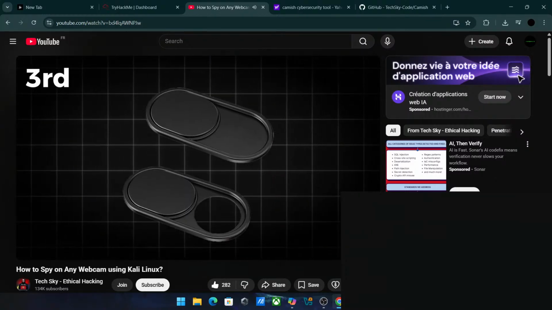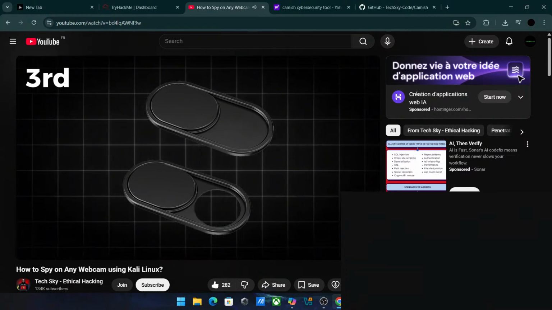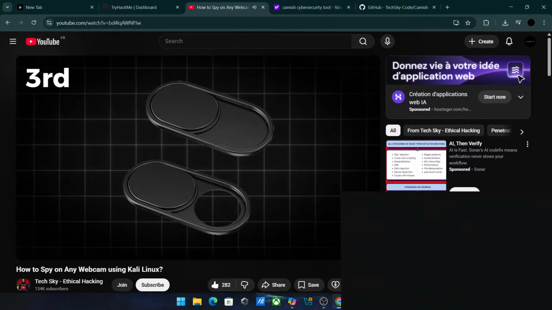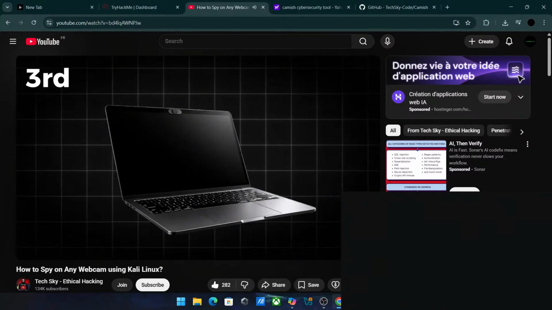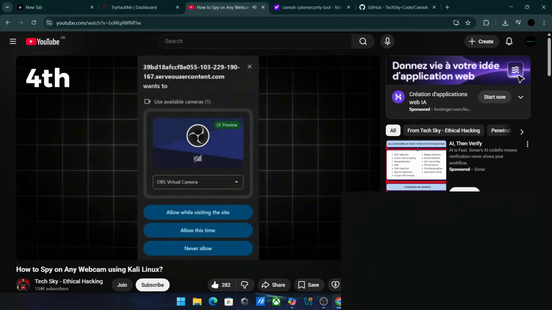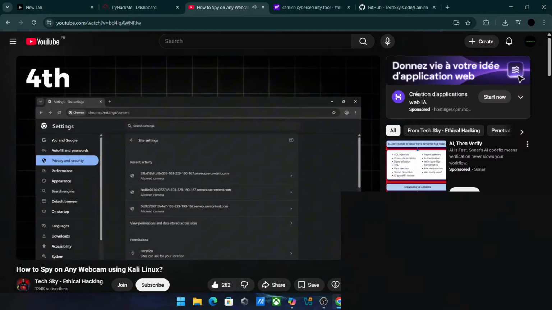Third, use physical camera covers or privacy shutters. Simple hardware solutions that block the camera lens when not in use. Many laptops now include built-in privacy shutters for exactly this reason. Fourth, review and revoke camera permissions regularly. In your browser settings, check which sites have camera access and remove permissions you do not recognize or no longer